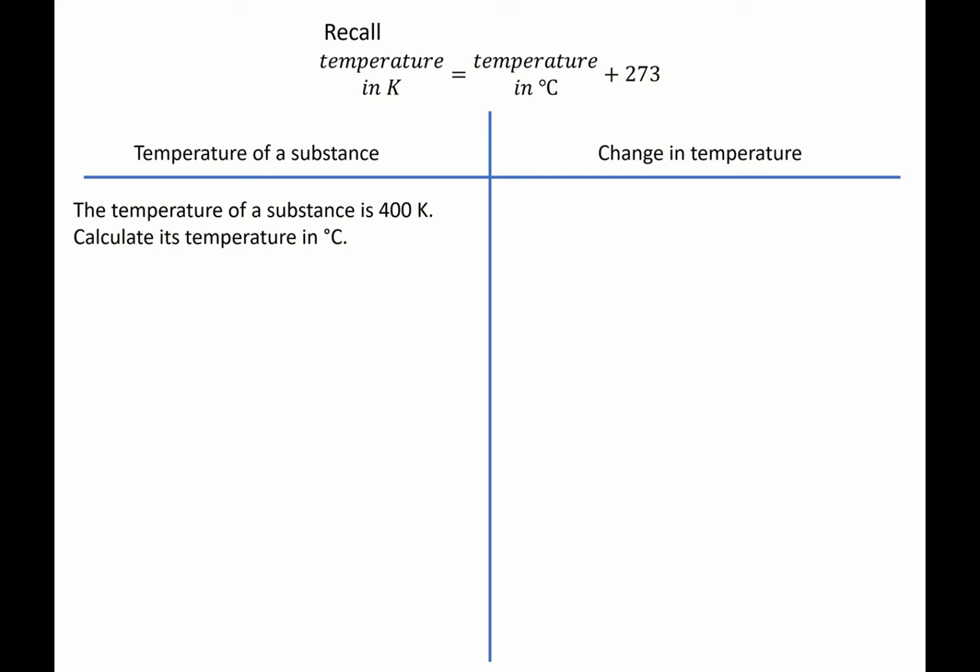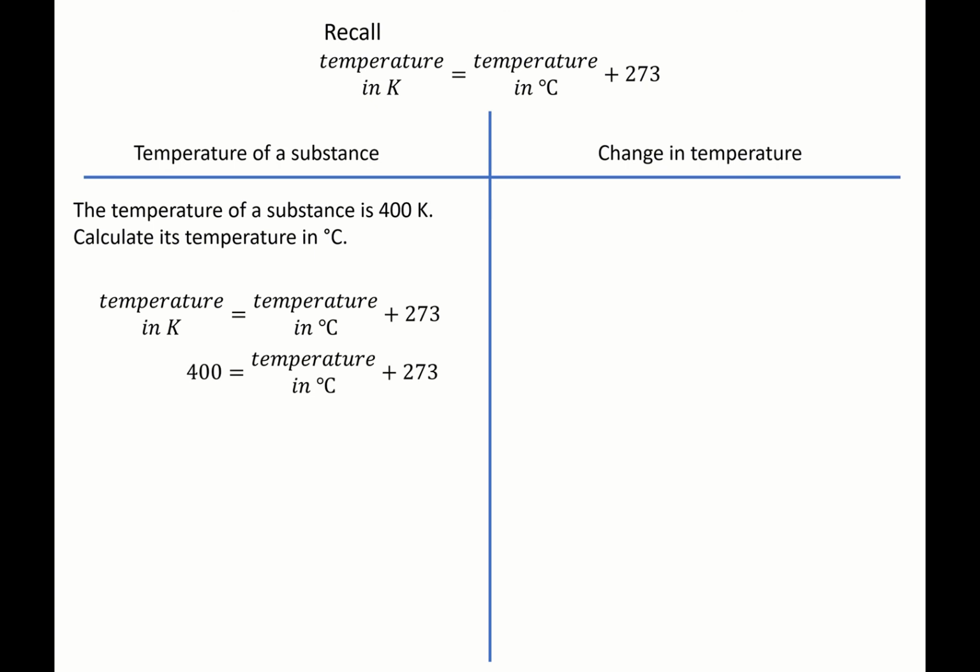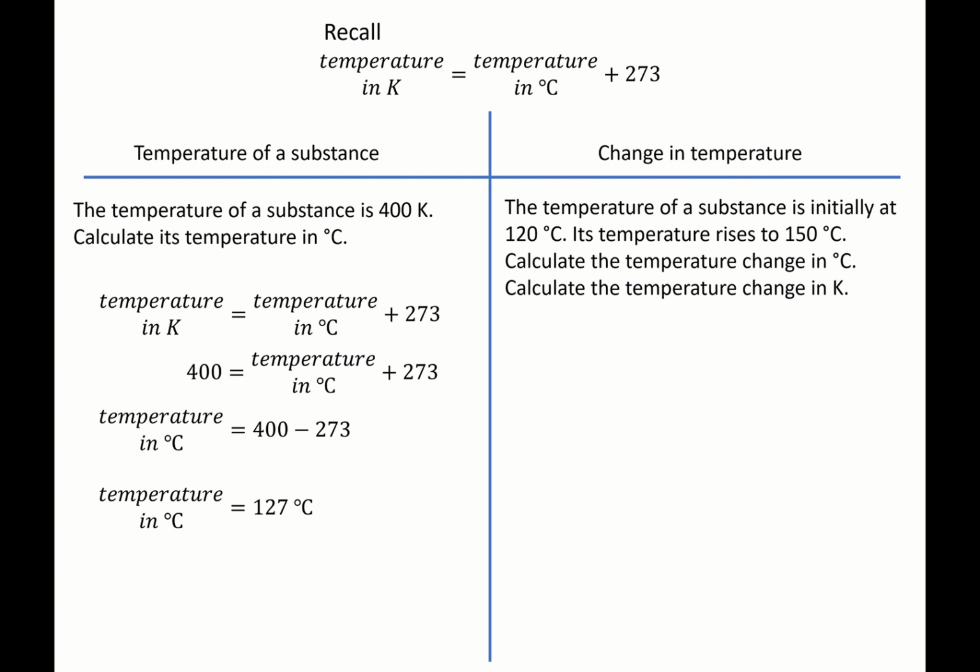And we know that temperature in Kelvin equals temperature in degrees Celsius plus 273. So that will give you 400 equals temperature in degrees Celsius plus 273, and temperature in degrees Celsius equals 400 minus 273, which is 127 degrees Celsius. I think most of you have no concern grasping it. So over here, you can tell that the temperature is 400 in Kelvin, and the temperature in degrees Celsius will be 127. I think the confusion comes on the next part, which is when we ask for a change